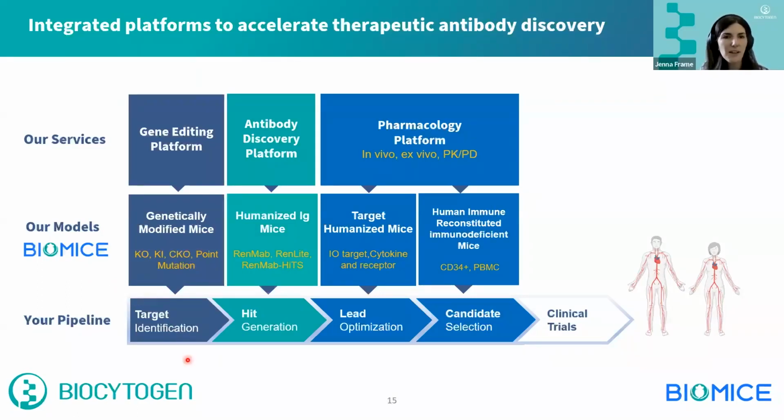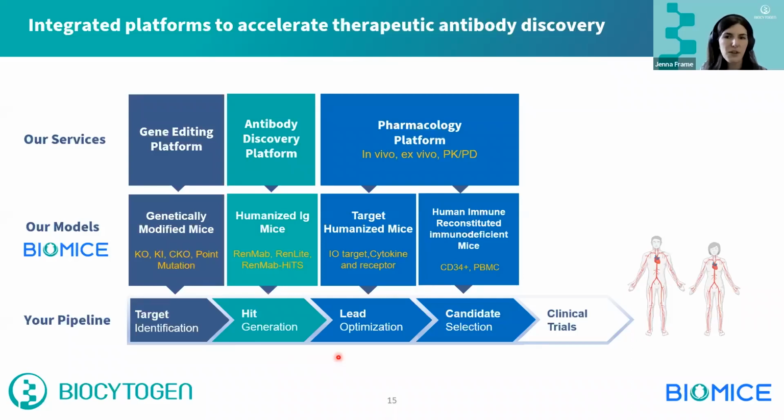And for antibody discovery, we recently introduced our fully human antibody mouse, RenMat, which contains the entire human immunoglobulin variable domain. And this mouse is a very powerful model along with related models for fully human antibody discovery and hit generation. And then after these antibody hits are generated to your target, we offer various off-the-shelf models for later stages